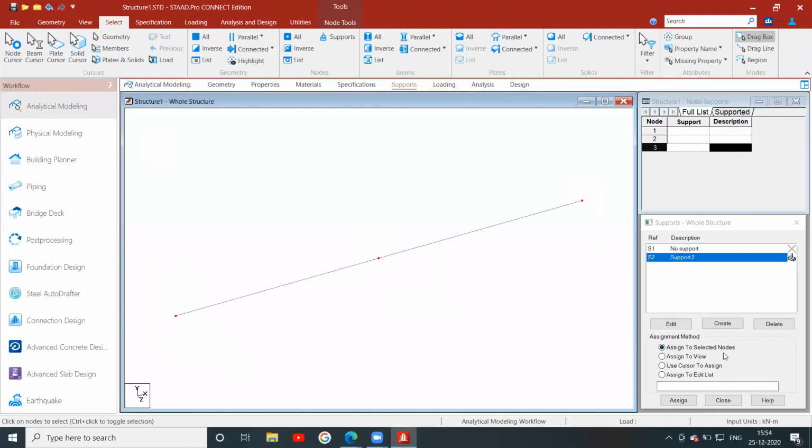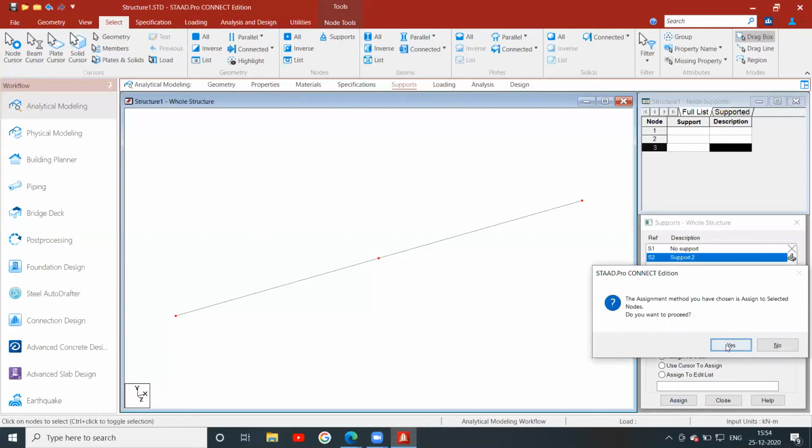Now choose the assignment method, assign to selected nodes. Assign it.